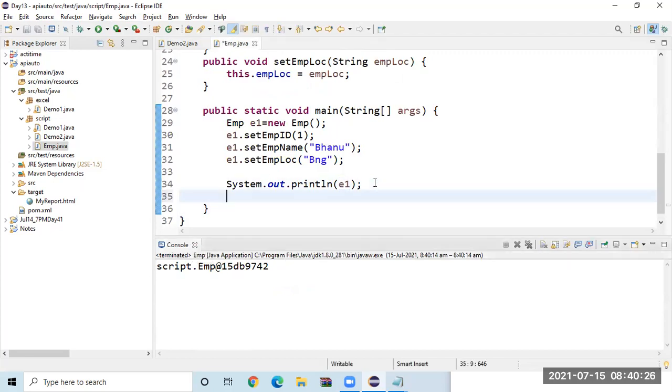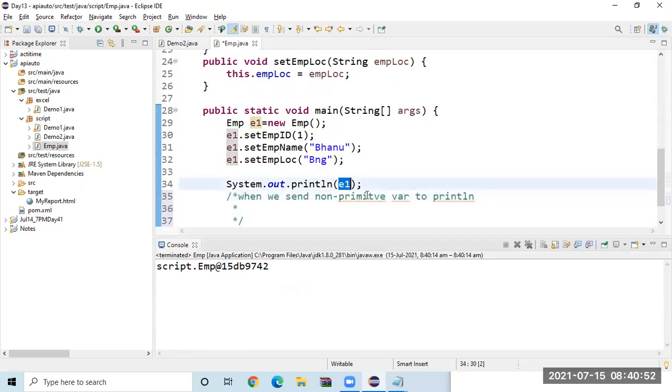Reason is simple. Number one, which method are we calling? Print. What are we using here? Println. When we send a non-primitive variable to println, is E1 a non-primitive?